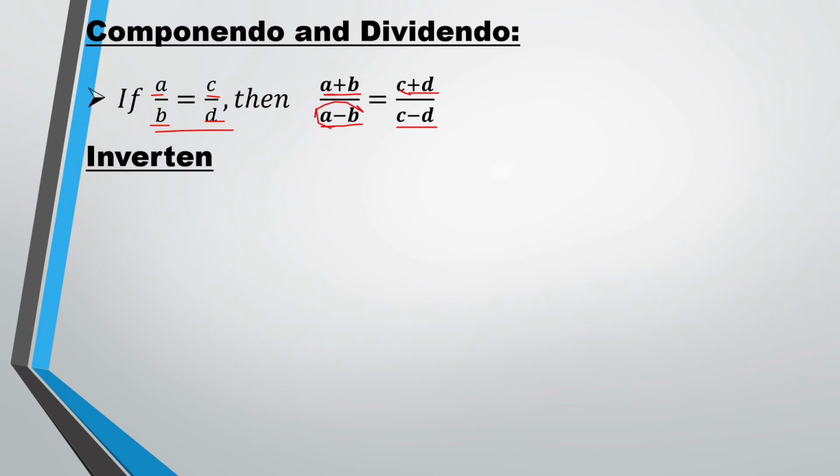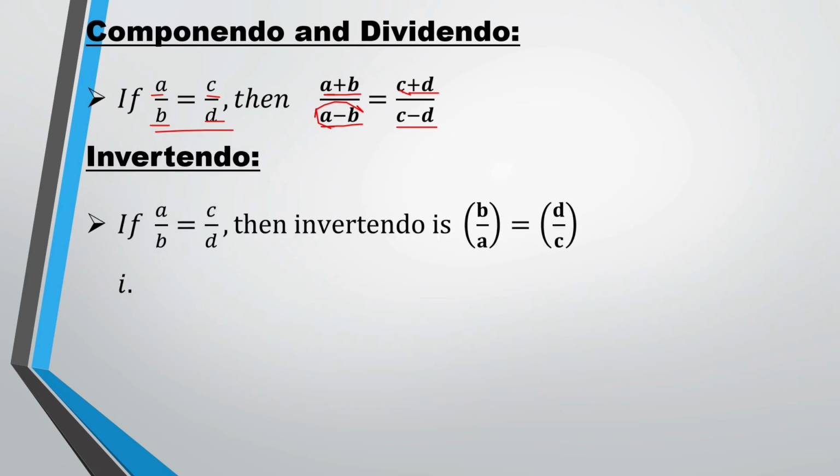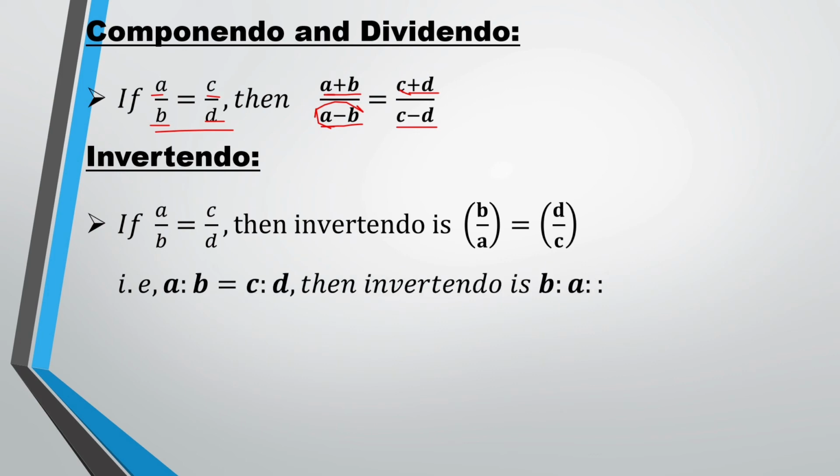Coming to invertendo, if A by B is equal to C by D, then the invertendo is B by A is equal to D by C. Here we are writing the reciprocal, and to explain it further in ratio form, if A is to B is equal to C is to D, then invertendo is B is to A is as D is to C. Or you can write it as B is to A is equal to D is to C. Both are correct. Coming to alternendo,